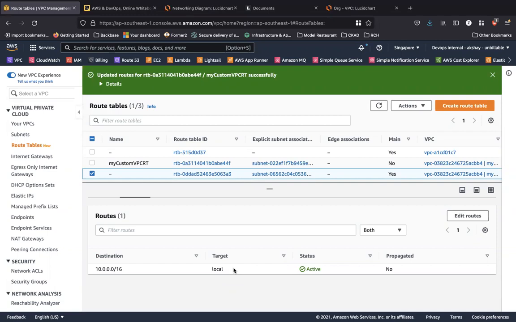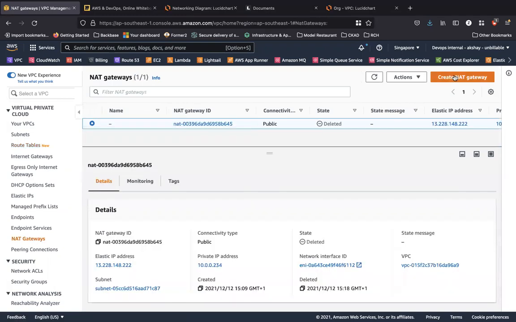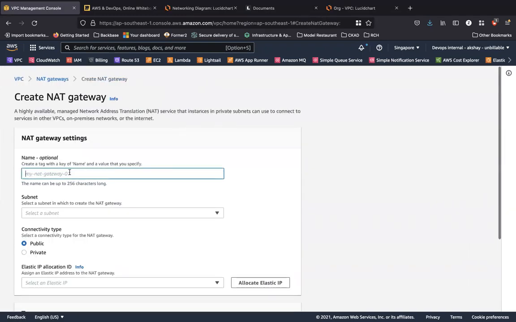This was something that we already saw when we created this VPC through the launch wizard, but we are doing it the hard way. We are doing every step one by one to get more clarity into what's happening. So on the left side navigation bar, you can see that we have a NAT gateway. Let's go ahead and create a NAT gateway. I'm going to call this NAT gateway my public subnet access NAT gateway, or NAT GW. Or I could just call it, this makes more sense, my private subnet access internet through the NAT gateway.